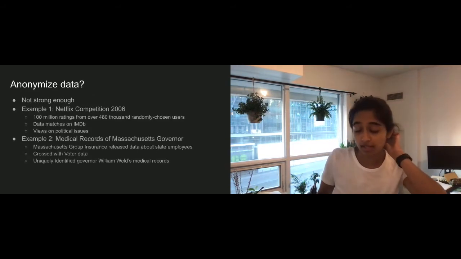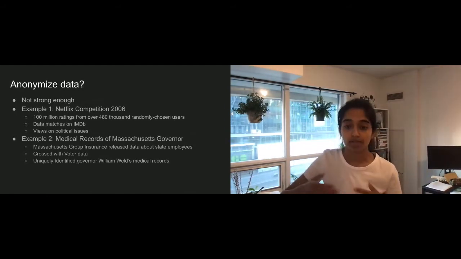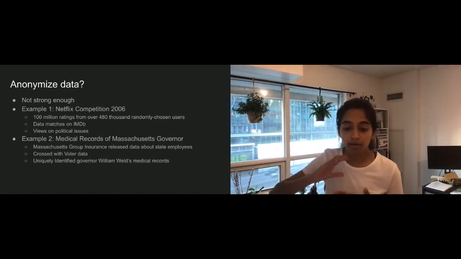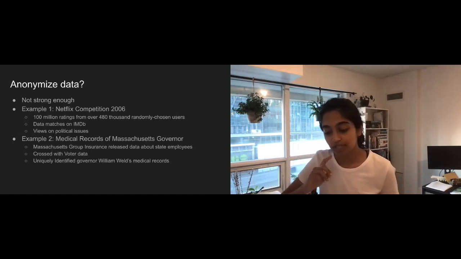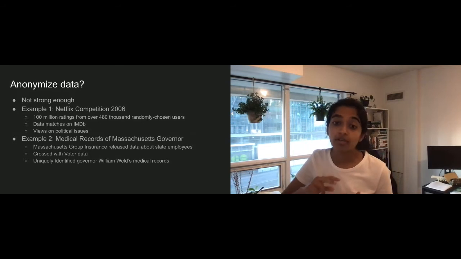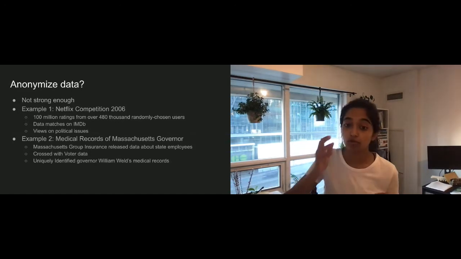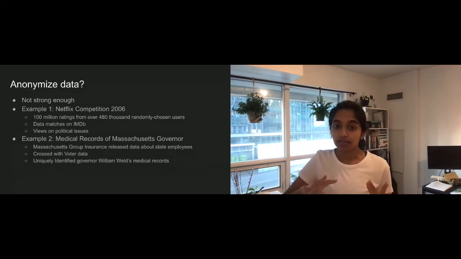So what is anonymizing data? Anonymizing data is providing a database to people who are interested in the data, but removing all of the personally identifiable information, which is short for PII. That means you are giving the data, but you're removing anything that would link back to a particular individual. For example, your name, your address, date of birth, PIN codes, anything that could possibly link back to you will be removed and you'll be given access to the database. Turns out, anonymizing data is not strong enough.